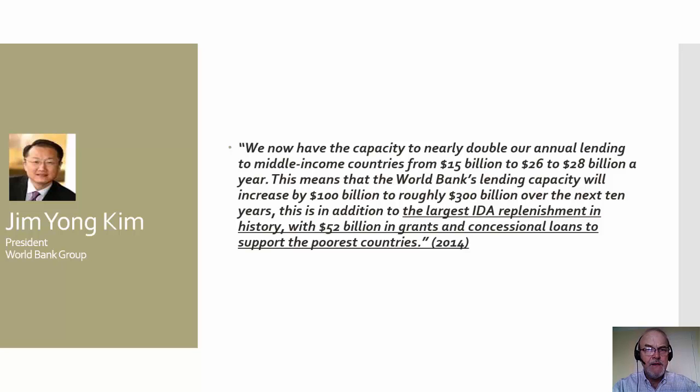And as far as the International Development Assistance Program, the replenishment will consist of $52 billion in grants and concessional loans to support the poorest countries. So you can see from this that the World Bank is, from a financial point of view, in a very healthy situation, but that the money that's going to the poorest countries is just a small portion of their total